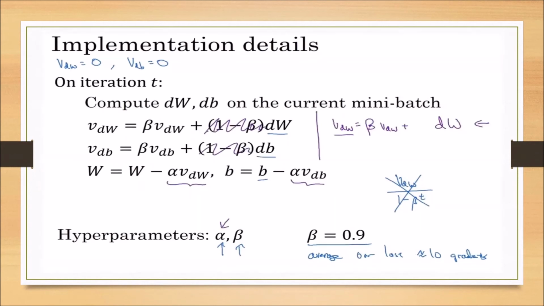And sometimes some people may not include this 1 minus beta term. That is also fine, but it is advised to include the 1 minus beta as well, to get the minimum number of iterations and to find the minimum value of the cost function very fast. This is how gradient descent with momentum gives an extra edge to find the minimum value of the cost function with very few iterations, and a slower learning rate in the vertical direction and a faster learning rate in the horizontal direction compared to our conventional gradient descent.